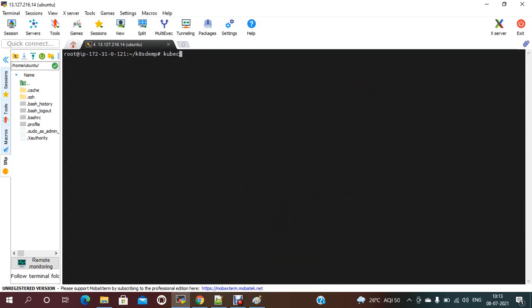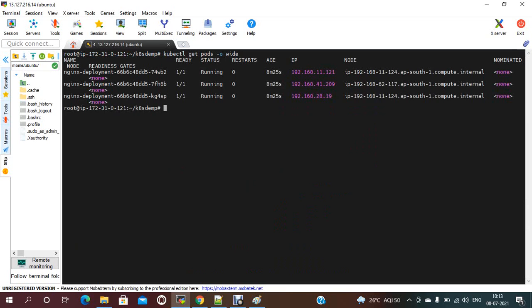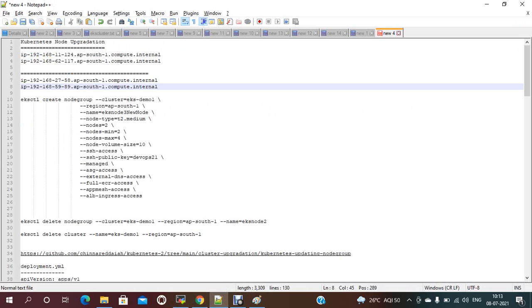If you check kubectl get pods -o wide, currently the existing pods are running on the old nodes only. Now what I need to do is kubectl cordon node 1. Node 1 means this node 1 name.